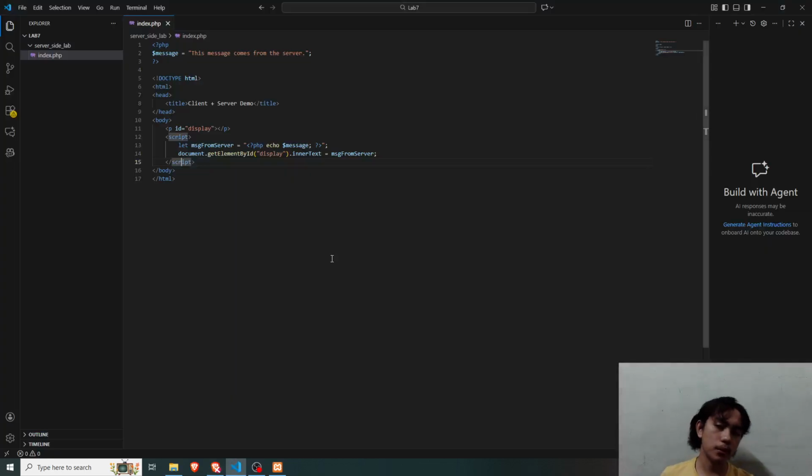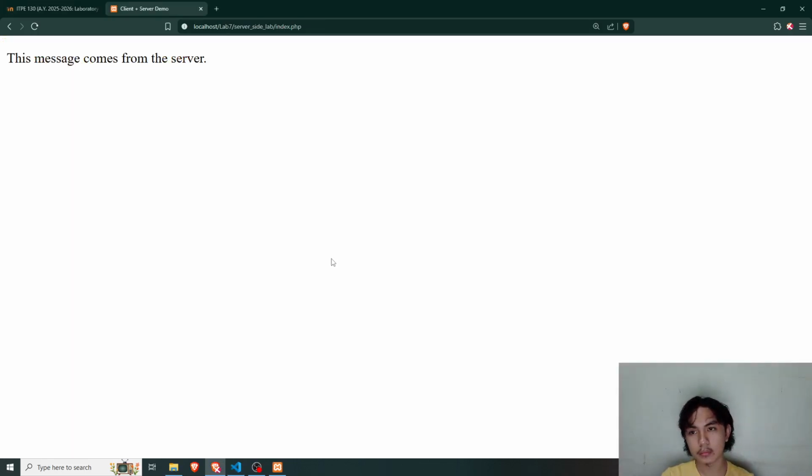Why is PHP executed before JavaScript in the example? PHP will be executed first not just in this example but in every web page, because the job of the server, or the PHP, is to load this web page first before sending it to the client.